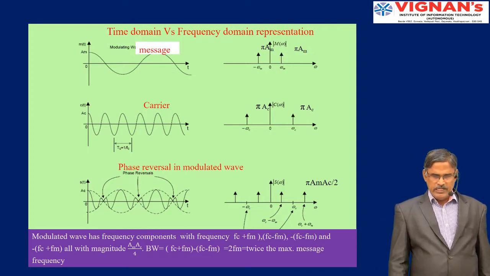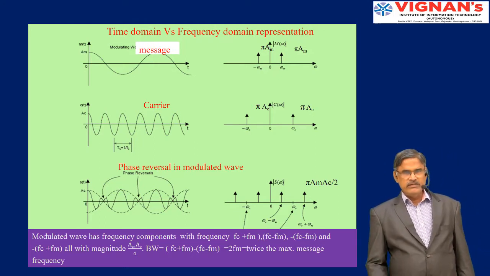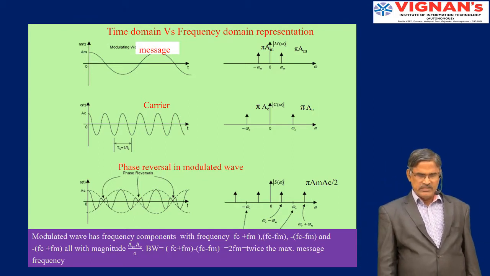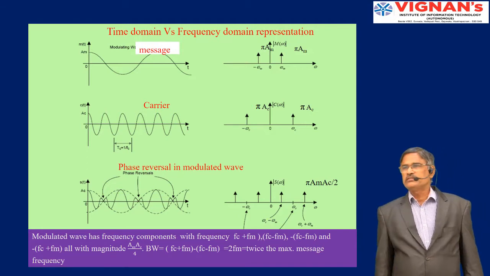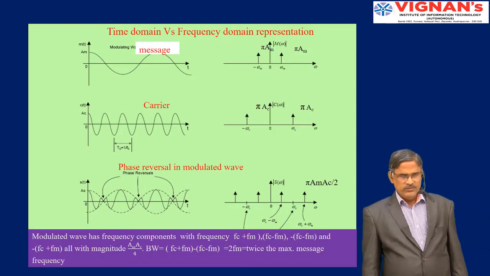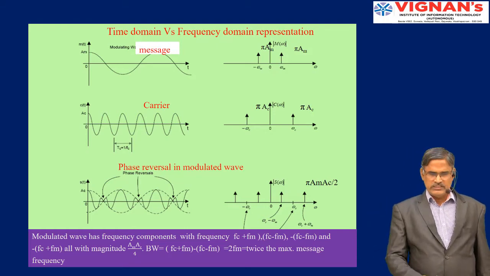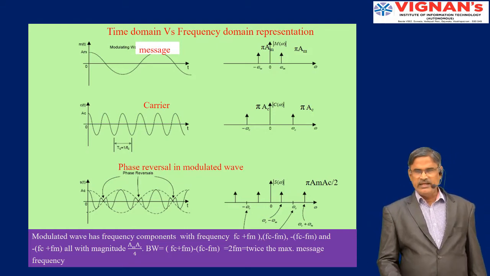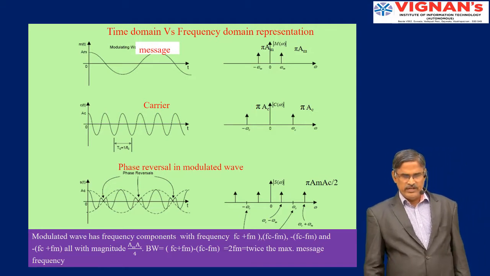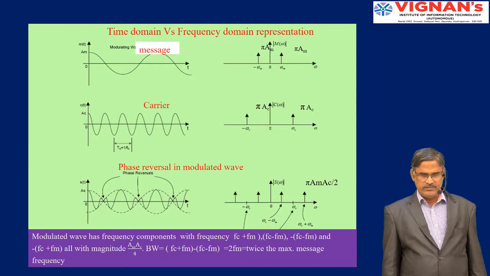So in this multiplication process, a phase reversal occurs whenever the message signal is crossing 0 and going negative. Because of the phase reversal, the envelope of this modulated signal does not reflect the message signal. The message signal is a sinusoidal signal. In the bottom row, if you see the product signal, the envelope is not sinusoidal, it looks like a rectified sinusoid, that is the envelope. Therefore, you cannot use an envelope detector for detecting this double sideband suppressed carrier modulation.